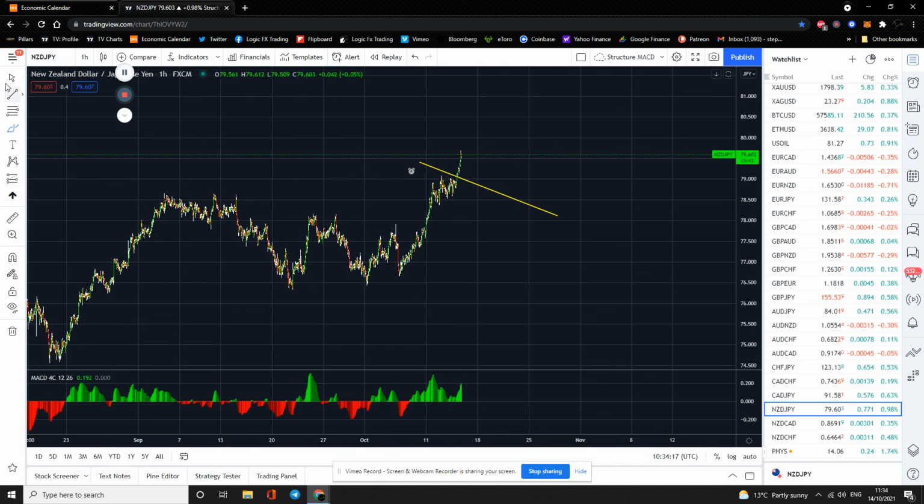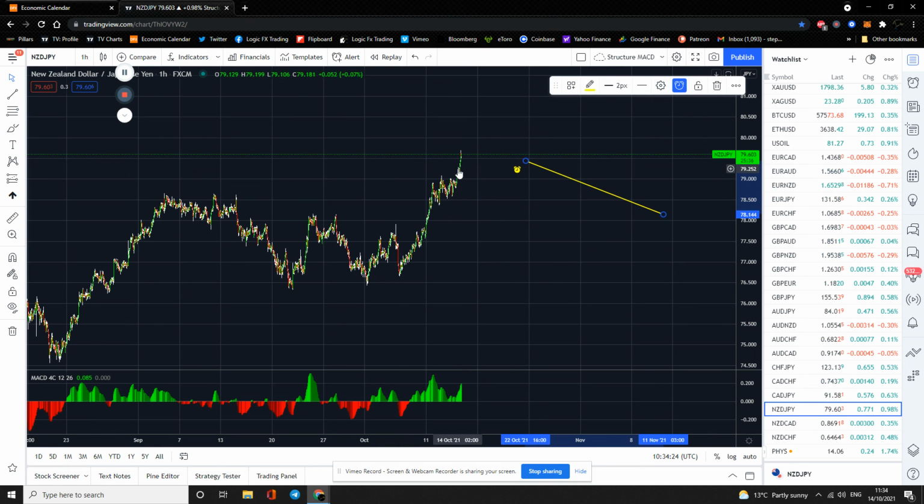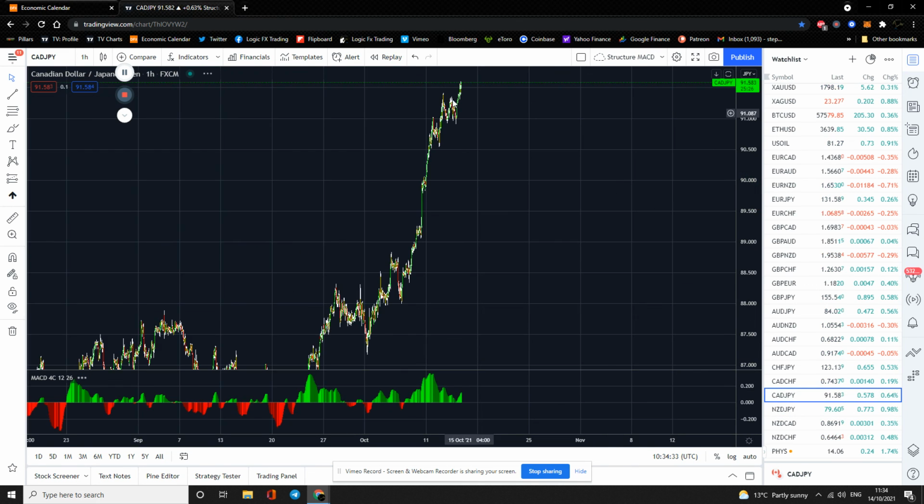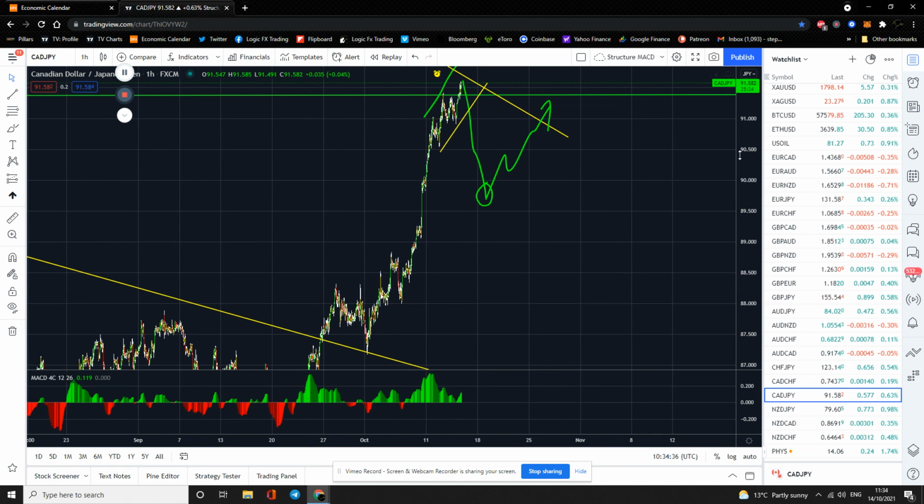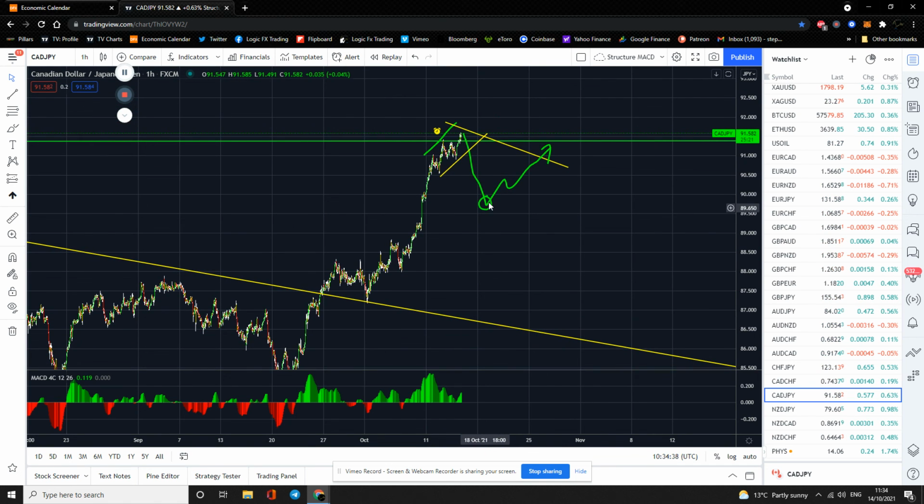I don't know any reason why the oil price would come off, by the way. And there you have it again, guys. At one point, this looked like an ending diagonal. Look at it. You see it? And then it took off long. So it turned out it was a running flat. That's the reason that you don't try and trade that short from there. But what we do is we look at it and we go, well, if it does that, then that would be a place that would be interesting to get involved in. Can you trade it long from there? Well, you can, but I wouldn't.